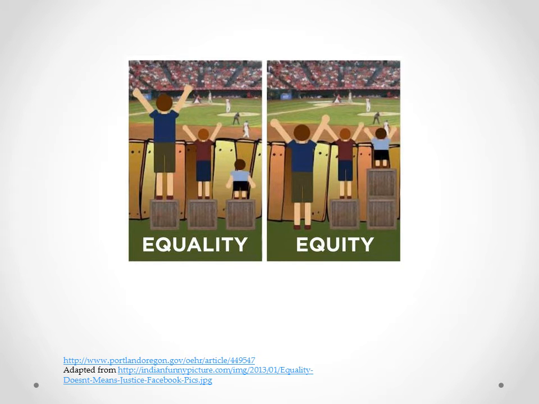Another example is this picture from the Portland, Oregon Office of Equity and Human Rights website. You can see that with the same number of boxes for each, not everyone has an optimal experience. They aren't all starting from the same point. Height in this case is different. They don't all have the same need. Yet using the same resources and distributing them differently in the second picture, they all get a good view.